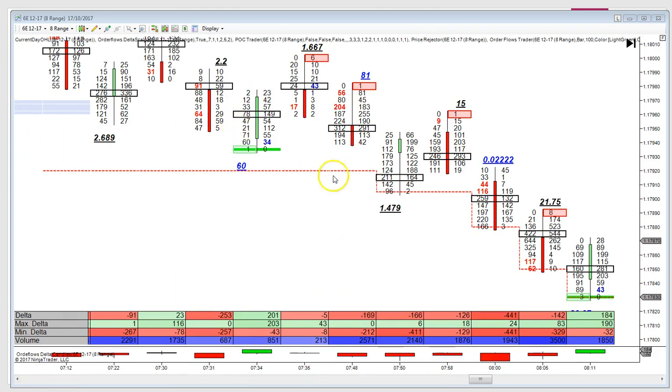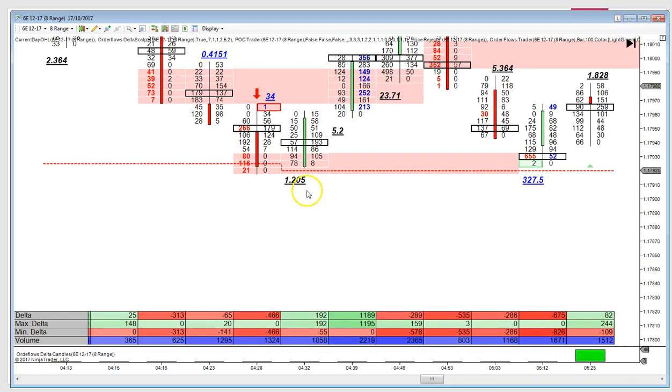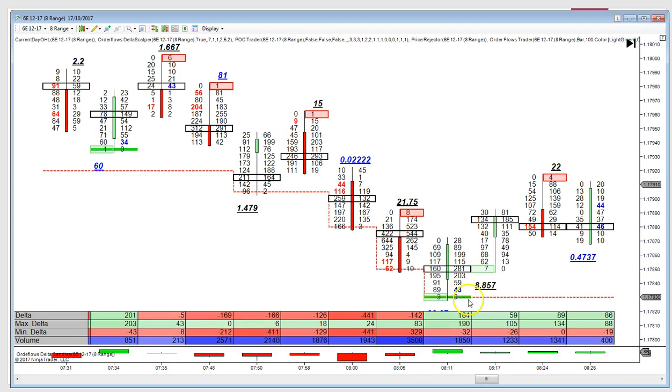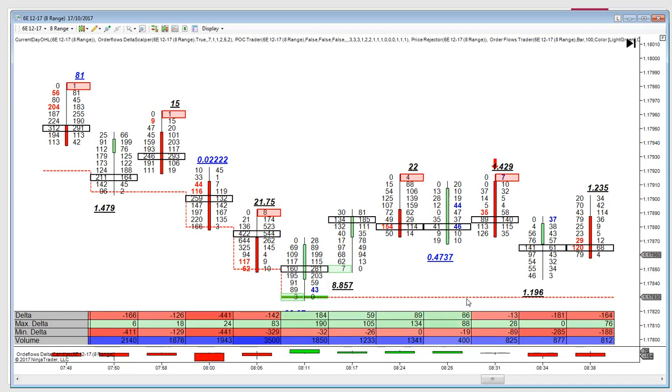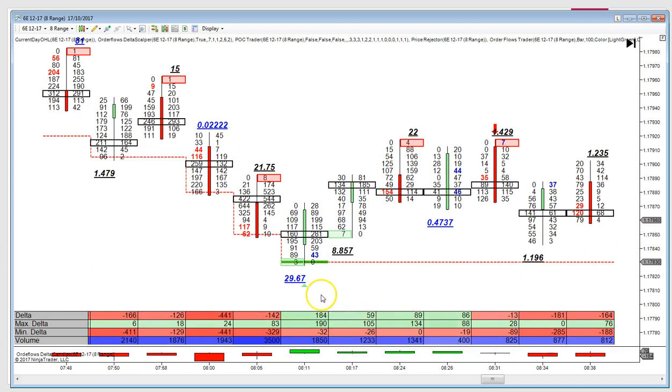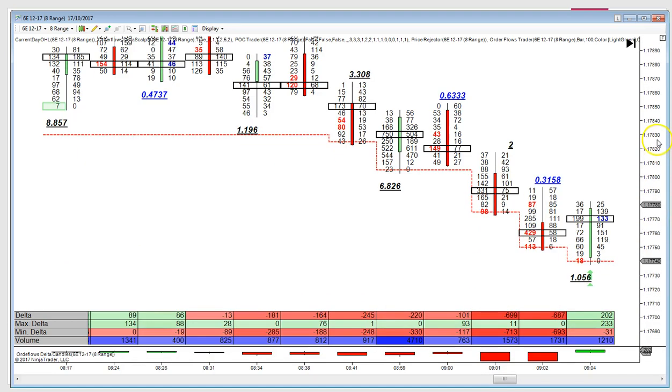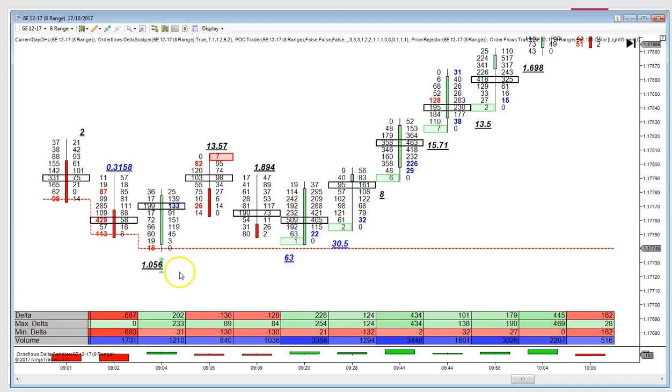Here's the chart of when we broke the second time. We had that first break here by a tick, then we rallied. Then we came down here at 117.83. You have the Price Rejector. You do have a divergence and a ratio. The market did rally up a little bit here, but mostly went sideways. You can see how the points of control are lining up here. Then you sold off, down, down, down. You got a new low down here. This low is interesting.